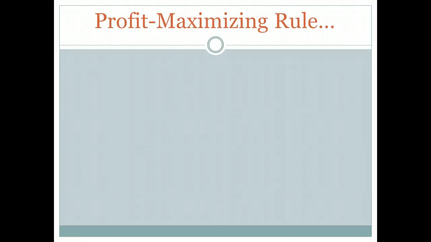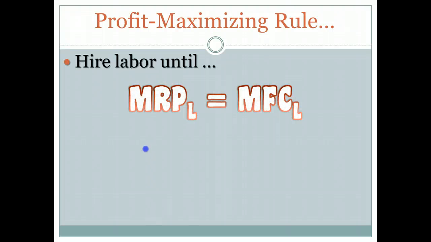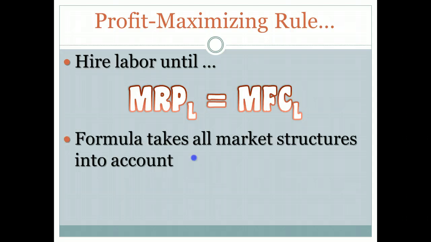So then my profit maximizing amount of labor will be where my marginal revenue product, the amount of money that the last worker brings in, is equal to the marginal factor cost, the additional cost associated with hiring that last unit of labor. And so regardless of whether you're in perfect competition or imperfect competition, this more general rule captures both situations. We'll do some more